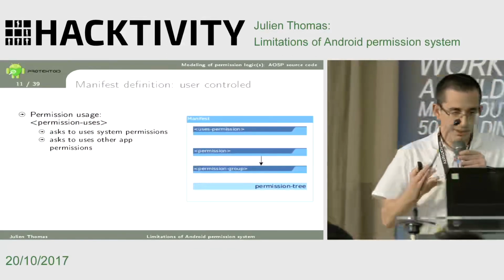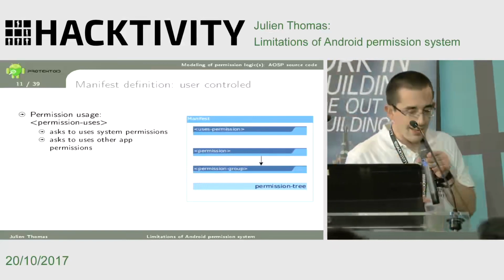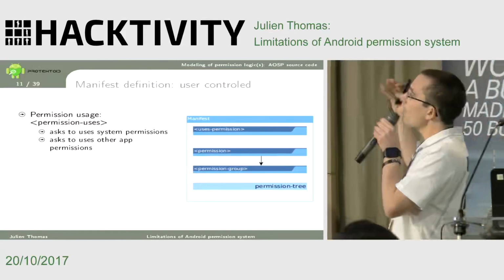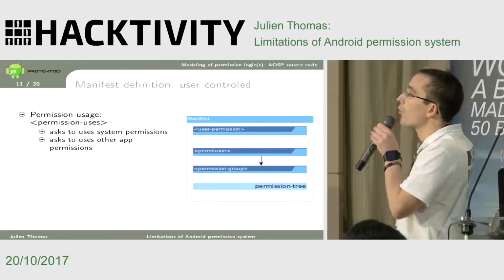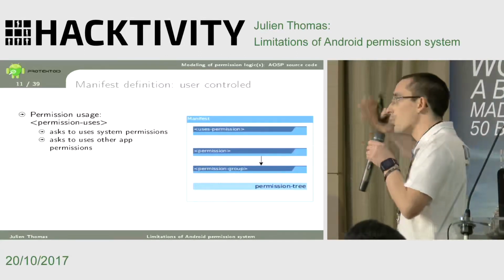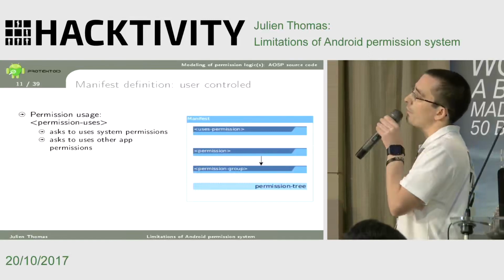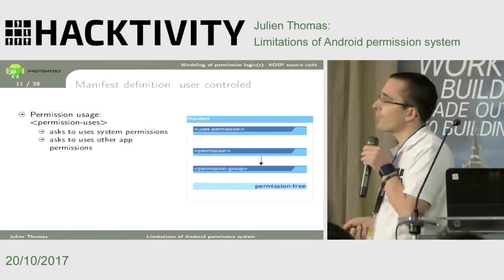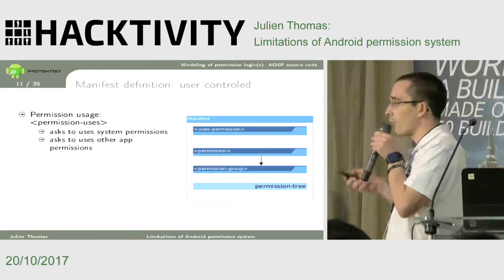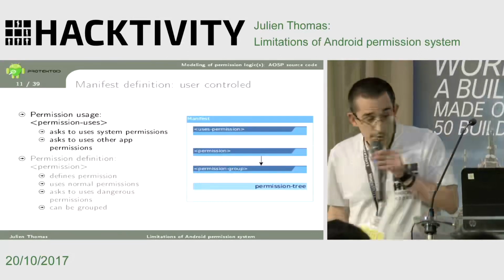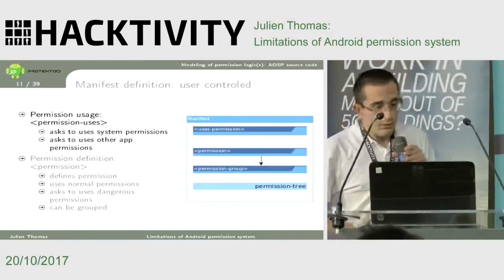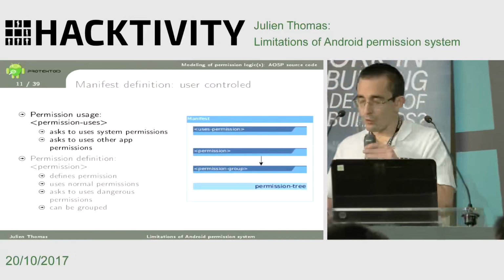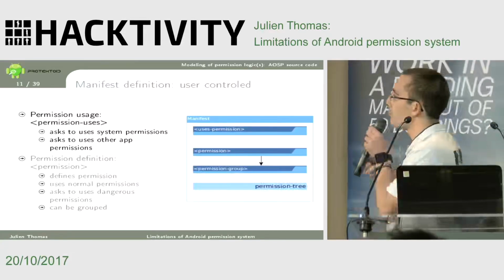So now the question is: we have permissions that we define in the manifest. What does that mean? How does that work? When you have an application, you define that you want to use permissions with the tag called uses-permission, which says that you want to use either system permissions or other apps' permissions that are already there. You can also define your own permissions, as I showed in the demo, and you can put them wherever you want, the way you want. So we are very free on that.